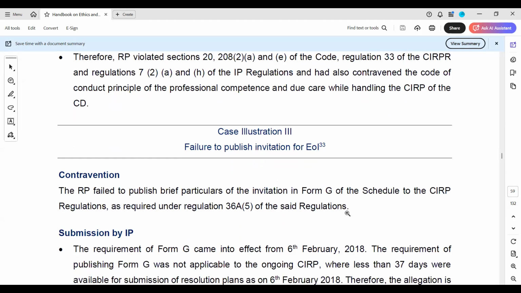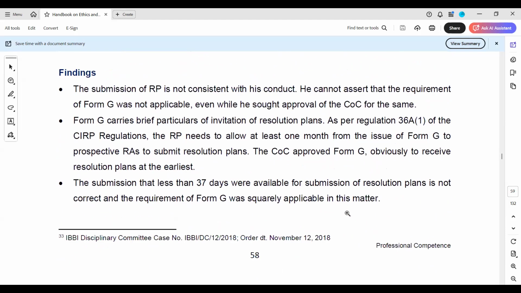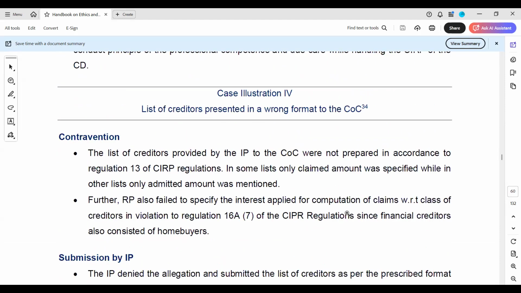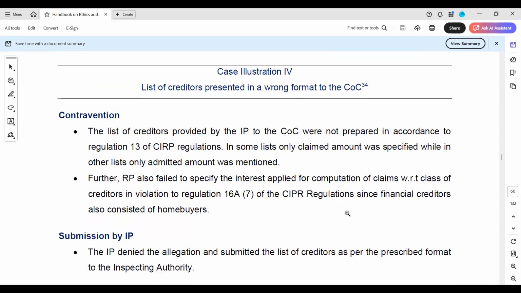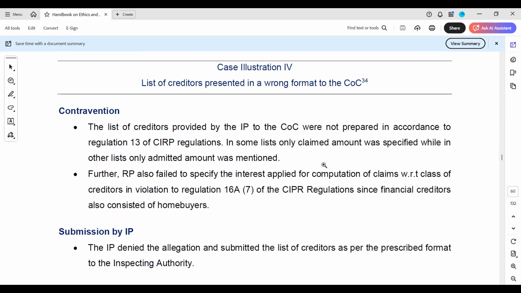Failure to publish invitation for expression of interest. List of creditors presented in a wrong format to the COC. ठीक है. But the list of creditors were not prepared in accordance with Regulation 13. In some list only claims amount was specified, while in other list only admitted amount was mentioned. तो अगर if we see CIRP regulations तो वहां पर क्या है कि there are fields, वहां बहुत सारे फील्ड दे रखे हैं कि भाई ये चीजें आपको डिस्क्लोज करनी है. Regulation 13, if you see, so what it says